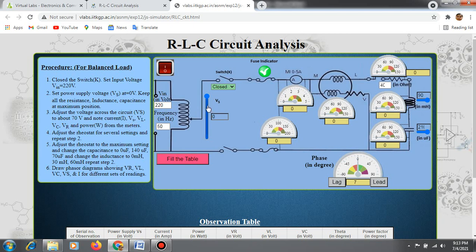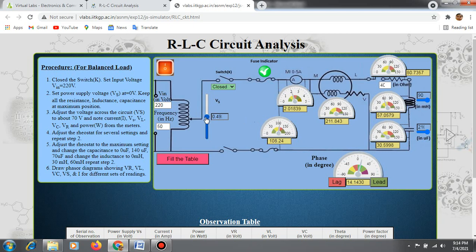Now we have to vary this Vs value to about 70 volts. In order to vary this Vs value, first you have to switch on the circuit. Now I have switched on the circuit. The values are displayed in all the voltmeters that we have connected across the components. Now we have to set the voltage Vs equal to 70 volt as per our procedure.